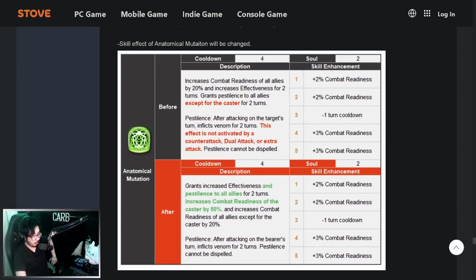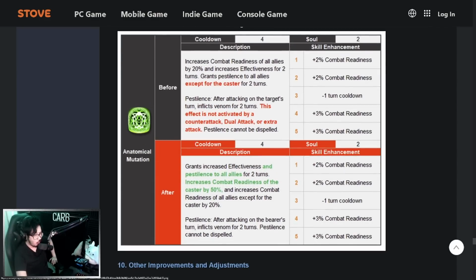So his anatomical mutation, his skill 2, is now going to grant effectiveness and pestilence to all allies. He already did that, right? Increase effectiveness. Okay, but now he increases combat radius of the caster himself by 50% as well. I believe that's what they're actually changing here. So he's going to give a self CR 50% push after giving the bonuses and 20% push to his allies,